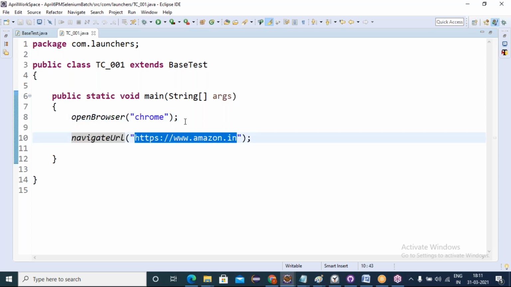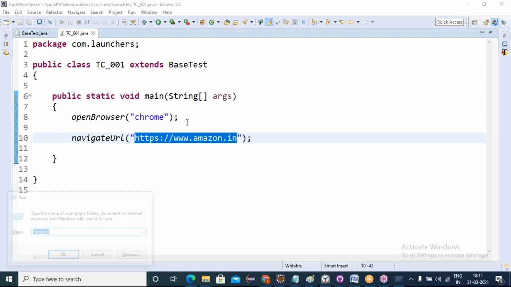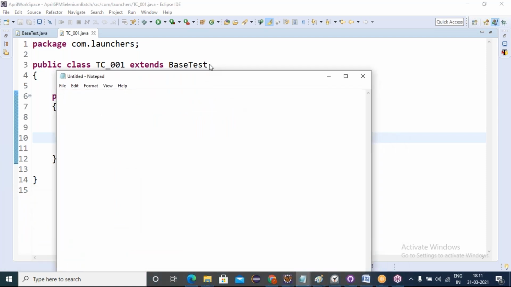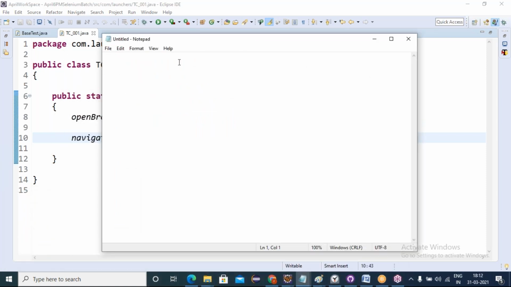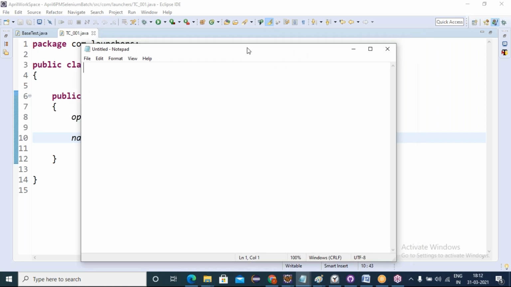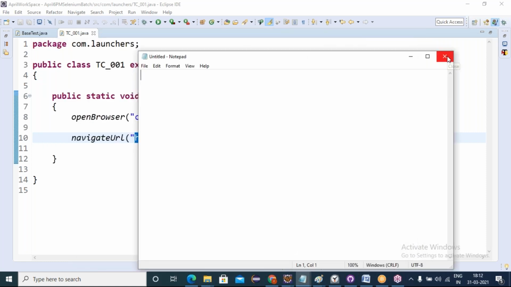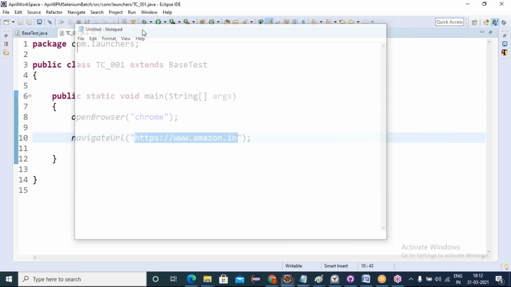Friends, properties files look like txt files. You know how your .txt files look, plain. If I open Notepad, it looks like a plain screen, an empty paper like this. The properties file also looks the same, but the extension is .properties. For Notepad, we save with the extension .txt, but properties files look the same and the extension is .properties.